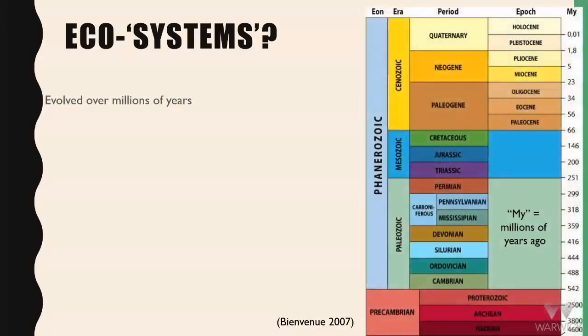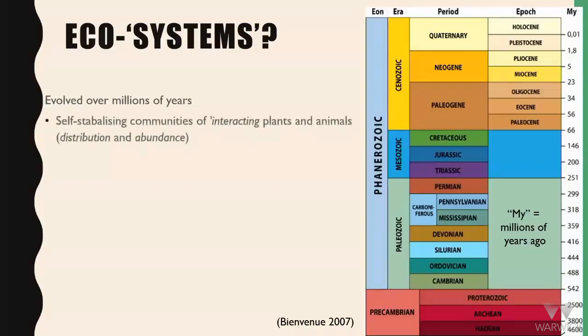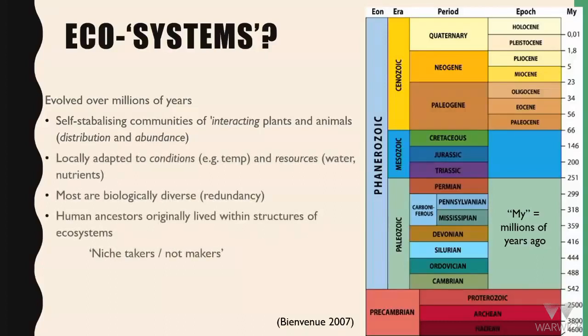So for our purposes, I want to just remind you it's important to think that ecosystems have evolved, literally and metaphorically, over millions of years based on very specific conditions, resource availability, etc. Just as you have mentioned, they're about interactions of different biotic components, so plants and animals, including humans, in some states of stability, other states of change. And this is what ecology, of course, is interested in. So we've talked about the importance of conditions like temperature and resources, because these set the parameters.